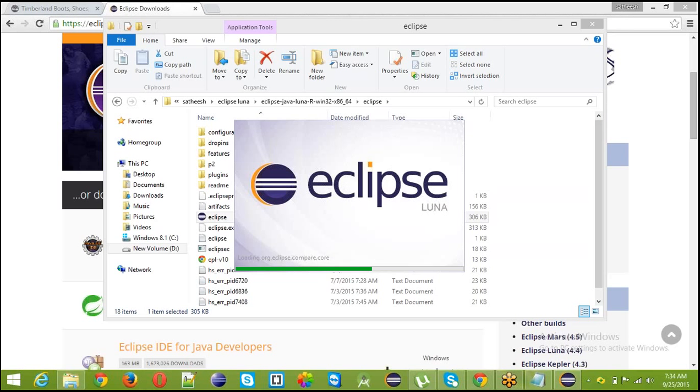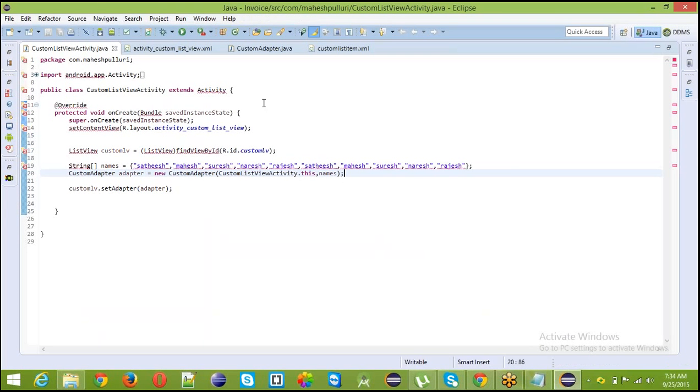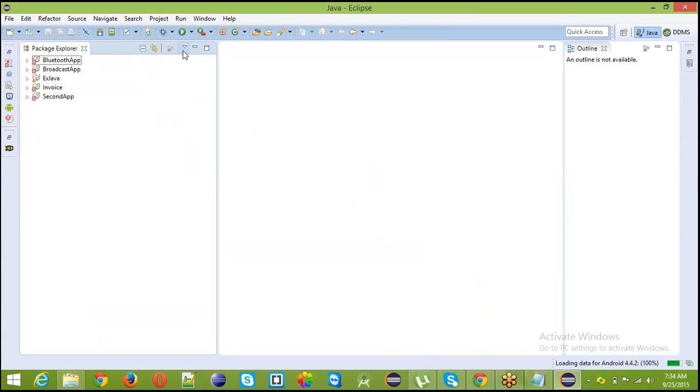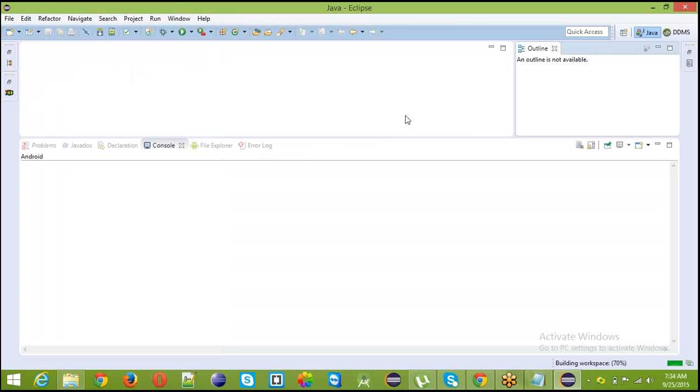So many people are using this one in every company. So this is an IDE.